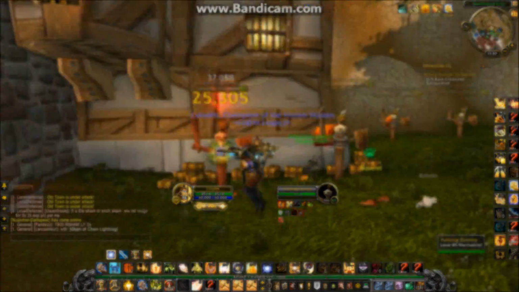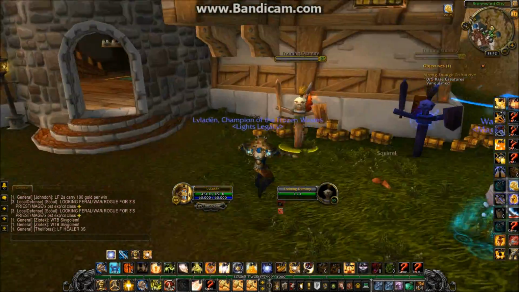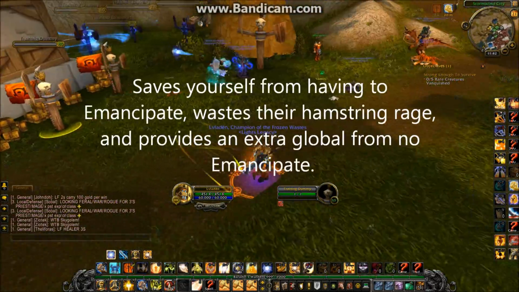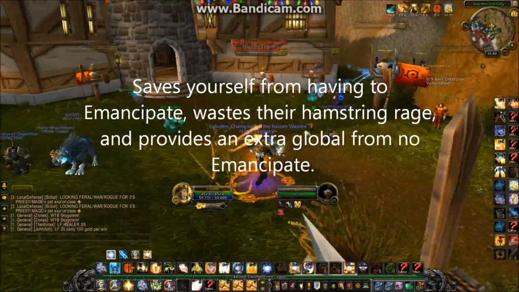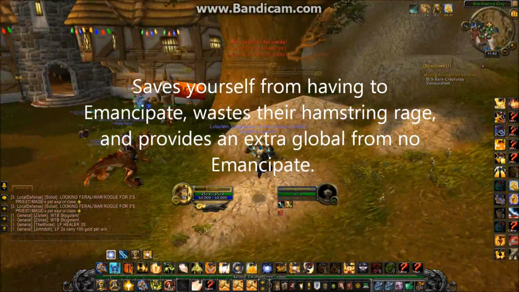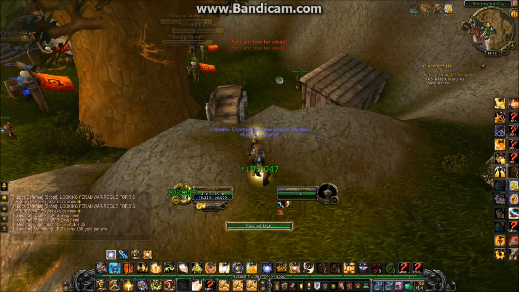of these abilities combined. Another neat trick you can use in a duel fighting warriors is to pre-freedom yourself from the charge, and as they charge you, judgment, and get away without them having the ability or the chance to apply hamstring, which saves you the global when you need to go cast a fast flash of light or word